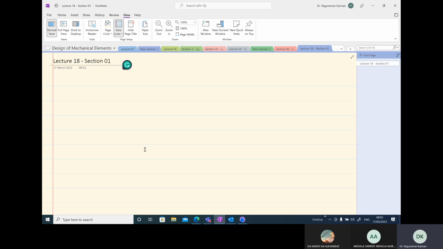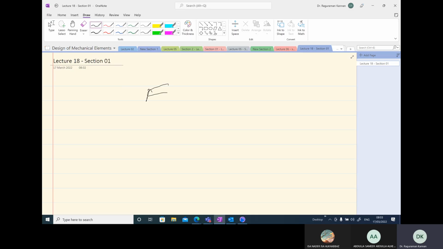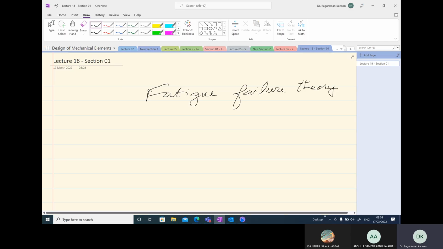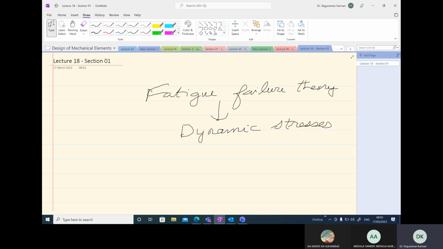So what is fatigue? Fatigue failure theory. This deals with dynamic stresses, not just dynamic loads, dynamic stresses to be more accurate. When the component has dynamic stresses or varying stresses, stress is a function of time, then it leads to a phenomenon called fatigue. The best example of a fatigue phenomenon is if you take a piece of wire, a